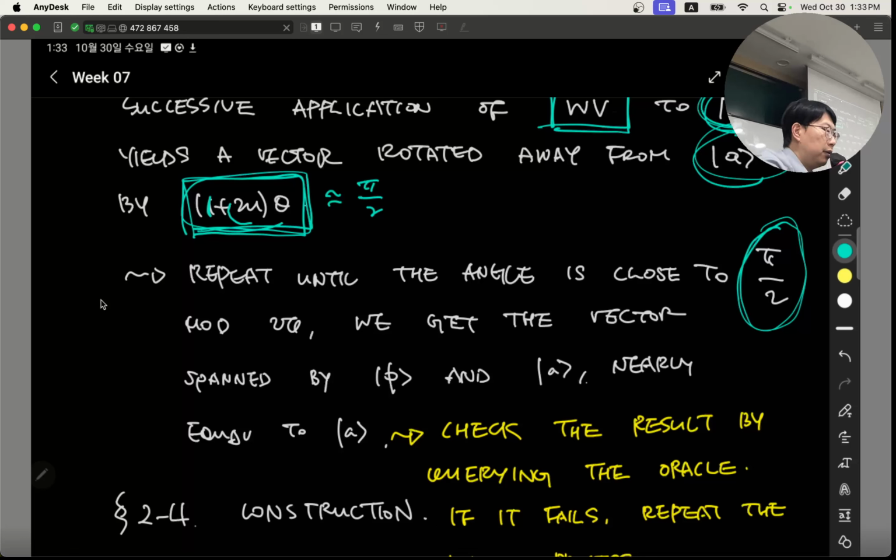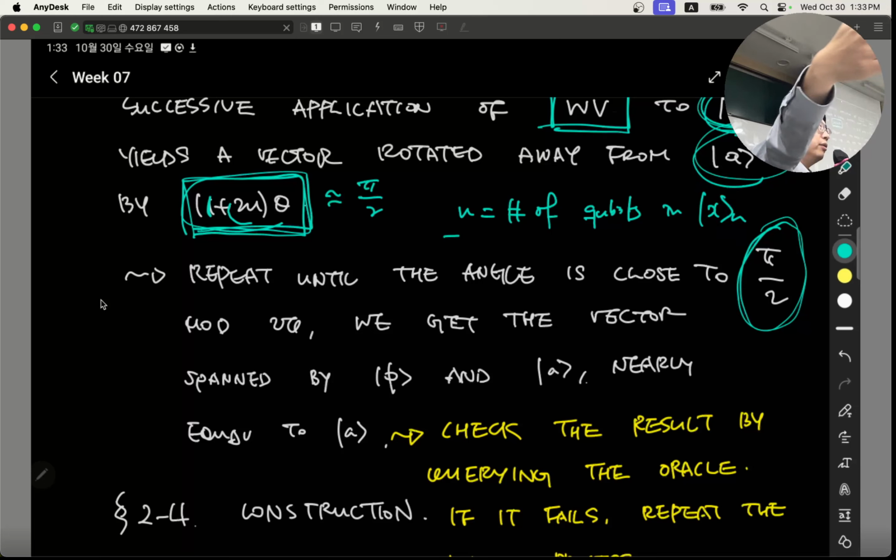Well, let's think about this later. So anyway, n here is the number of qubits in x. Let's say n is 1,000. So you have a list of 1,000 characters in your string to find which one is yours, and you apply your quantum operator 1,000 times, but it's a lot less than searching a 2 to the power of 1,000 list of